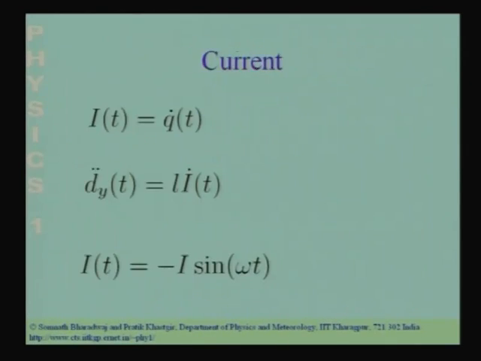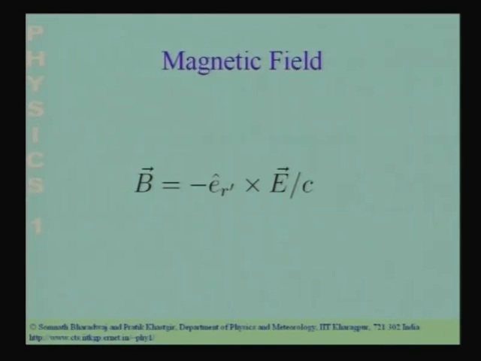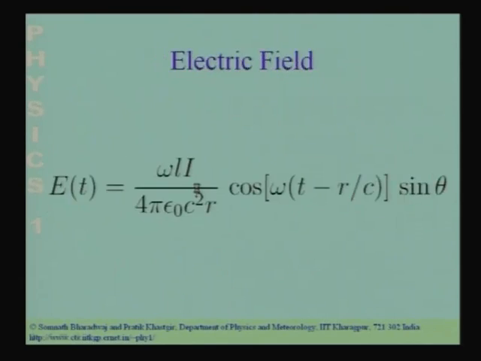Now, next let us calculate the magnetic field. The expression for the magnetic field is given over here. You have to take the unit vector along the line of sight to the dipole and do a cross product with the electric field, divide by c, and there is a minus sign here. So, in the problem which we are dealing with,